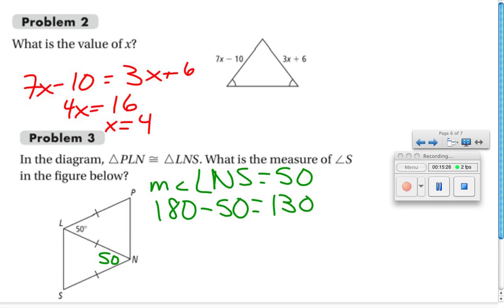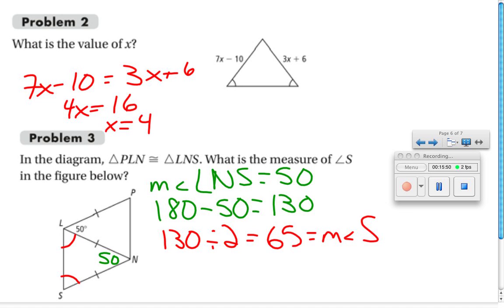And the reason why you're dividing it by 2 is because, notice, since these two sides are congruent, these two angles need to be congruent. So I have 130 degrees left in this triangle to be divided among these two congruent angles. So that's why she's taking 130 and dividing it by 2 to get 65 as the measure of angle S. When they ask you